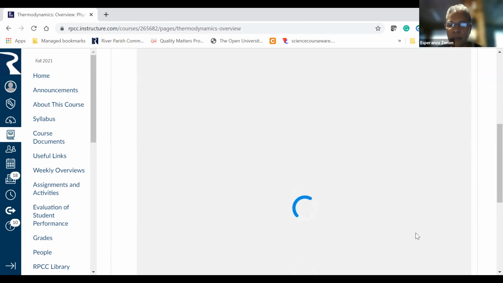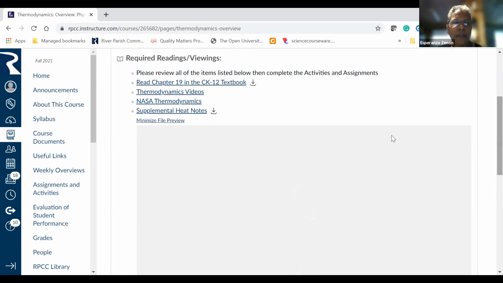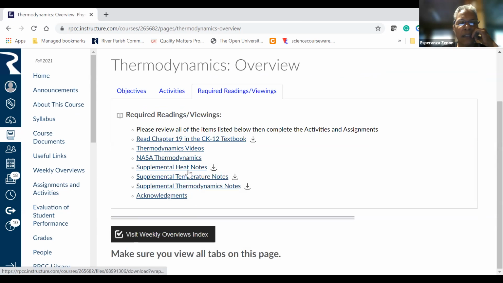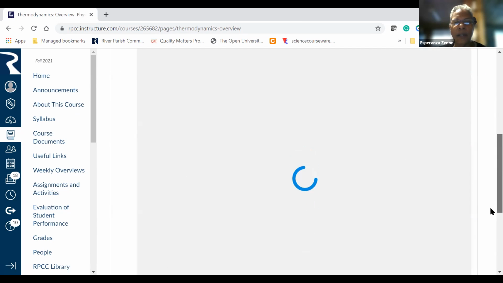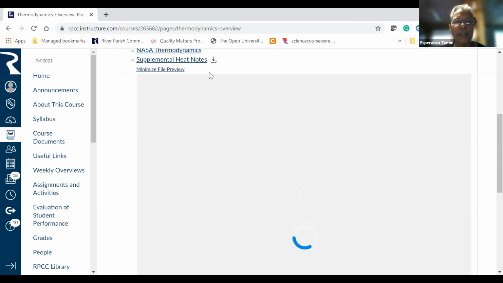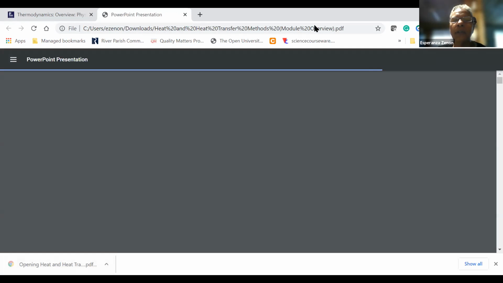And for some reason, things are wanting to take their own sweet time to load up here. Let me see if I can try it again. Okay. They're there, just didn't want to open. Let's see if I can do this another way. I might have to stop the share momentarily to open this for you, because I don't know if you'll be able to see it right away. So let me just share my screen again.